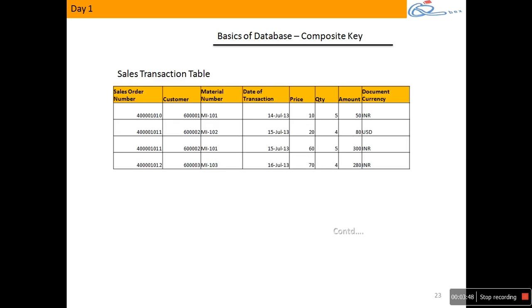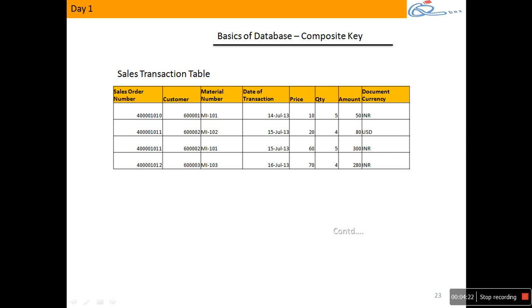Okay. Now look at this. I have a table like a sales table where I've got sales order number, customer number, material number. When I say sales order, you're selling some products, and a customer comes to you and places an order. Does he place an order for one product or multiple items? There's a possibility that he would place an order for multiple items. So this is a sales table at item level. For each item, you'll have one transaction, one record in this table. For a particular sales order, for a particular item in it, we'll have one record in this table.